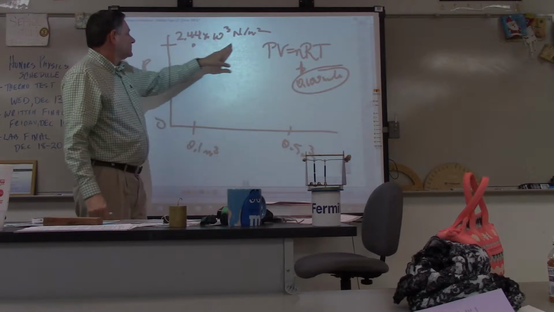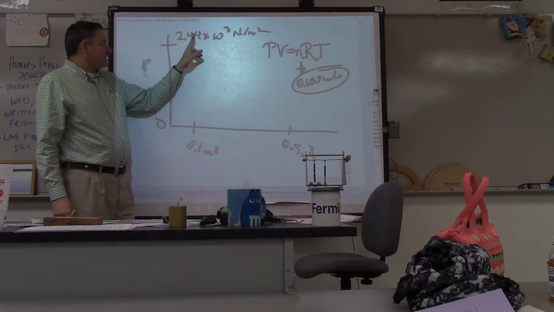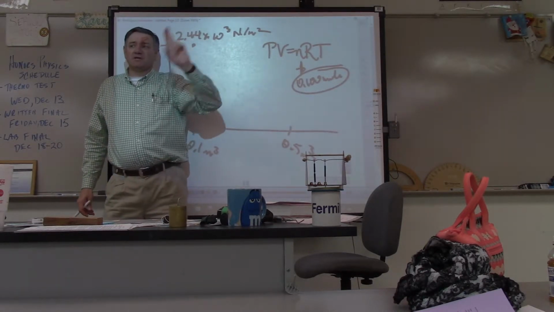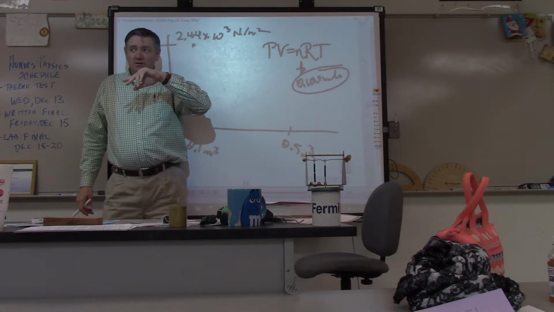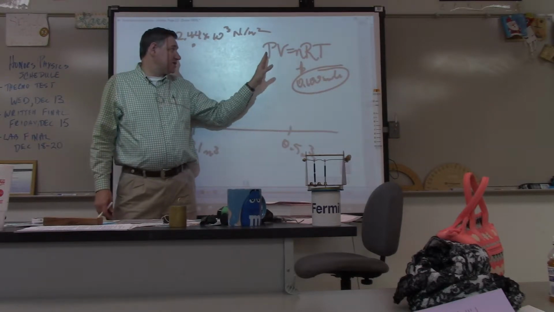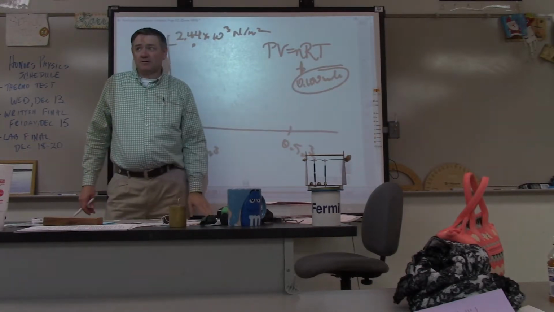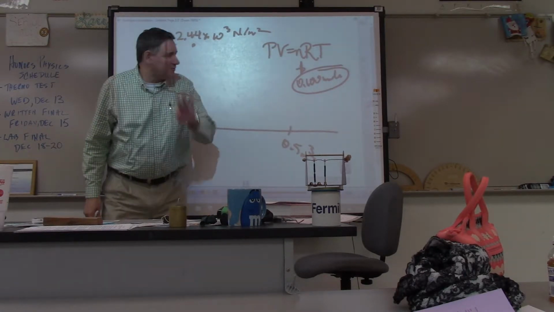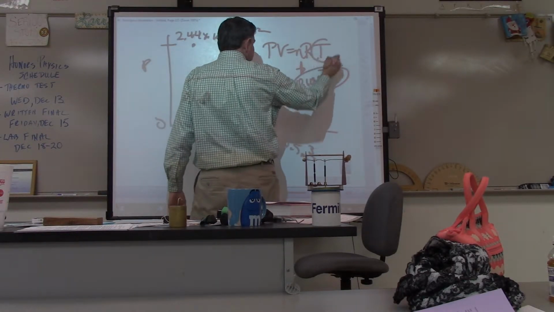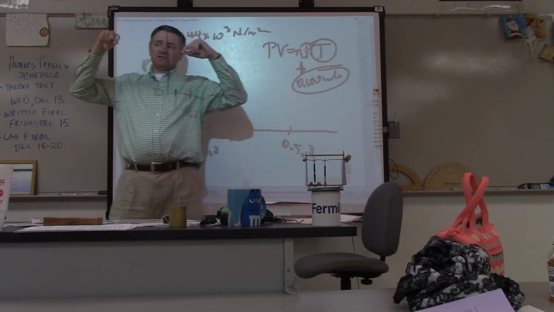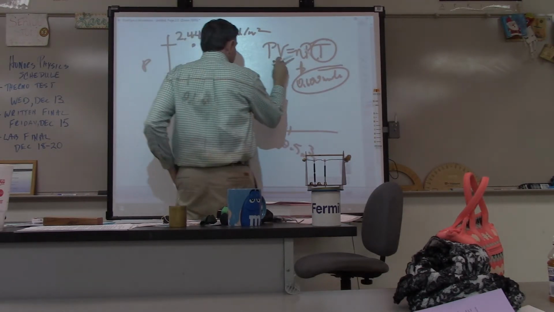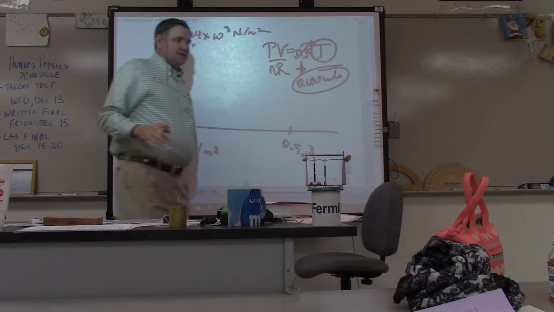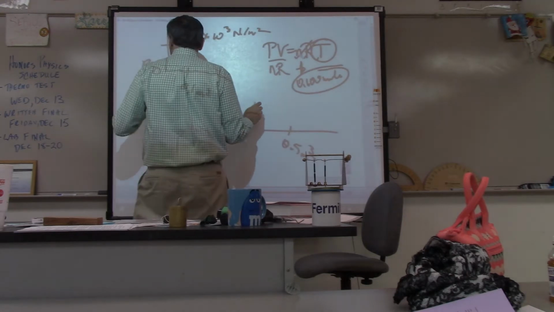So, if I know this pressure, and I know this volume, and I know that I've got 0.1 moles, can I find the temperature? Emma, what am I going to do to find the temperature knowing pressure, volume, n, and R? Take the pressure times the volume and then divide it by n. Beautiful. So, I'm going to get temperature by itself. I'm going to figure out the unique temperature that's going to make this happen. So, I'm going to take the pressure times volume, divide it by nR, and that's going to get me T, right? Yes.